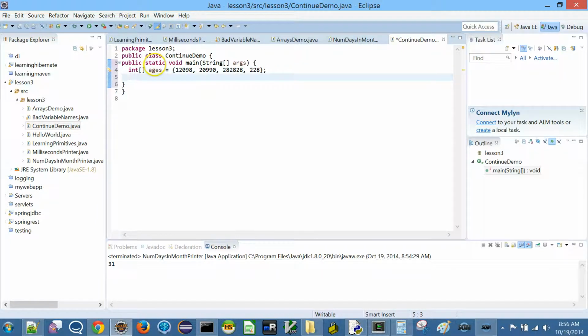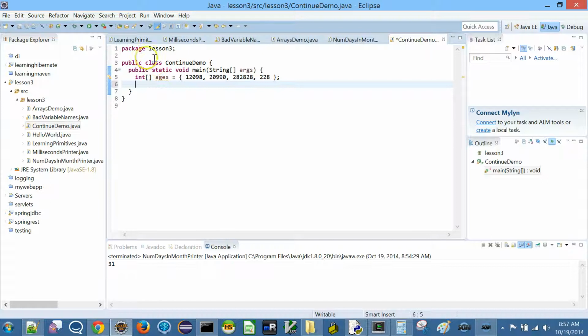These are not ages of people, these are ages of, let's say, planets. Now let's just go through it: for int index equal to 0, index less than ages.length, index plus plus.